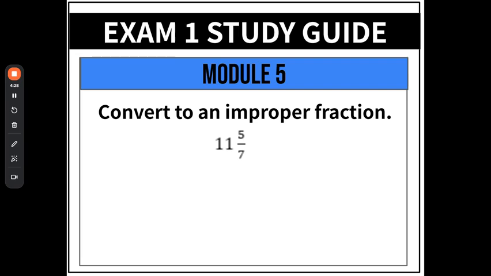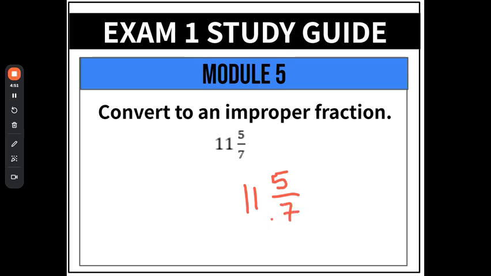Convert to an improper fraction. Now, an improper fraction is all it is, there is a larger number in the numerator than there is in the denominator. But what they gave us here is what's called a mixed number. Now I'm going to teach you a trick to creating improper fractions, and I think you're going to like it